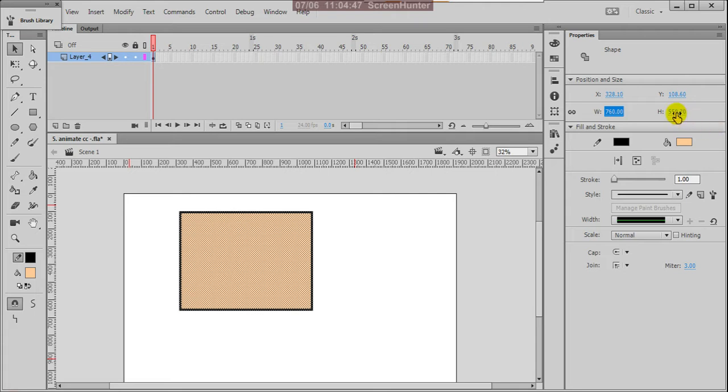And here the height wise, it changes your sizes bigger and smaller.